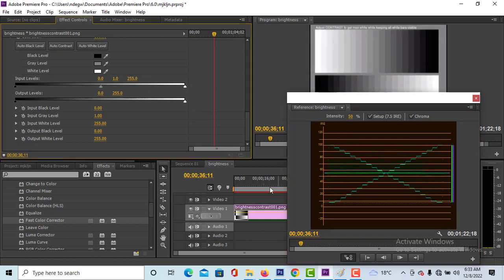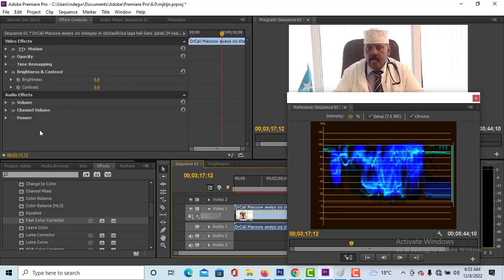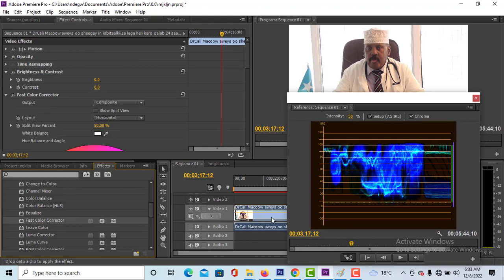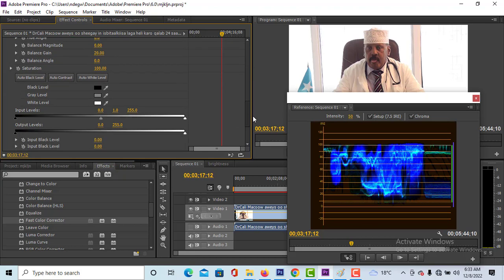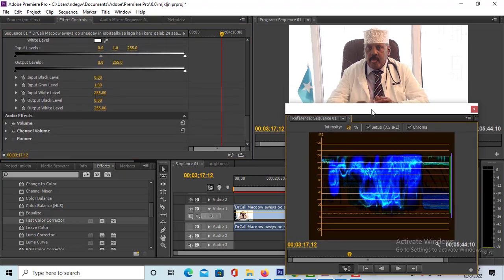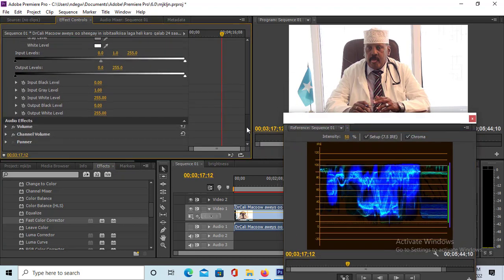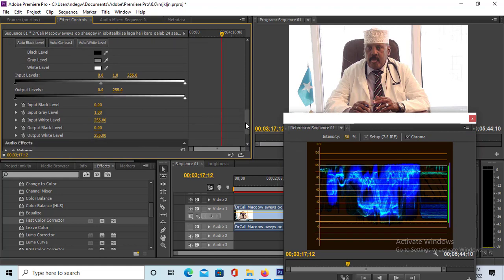So when you come to a video also, and you add the same fast color corrector, you'll be able to see now what happens. Go down to input levels and output levels, but we are going to concentrate today on only the input levels. This side generally means these are the blacks, this side is the whites,